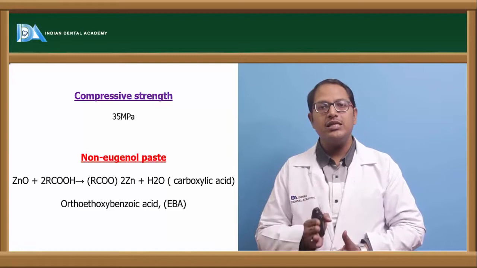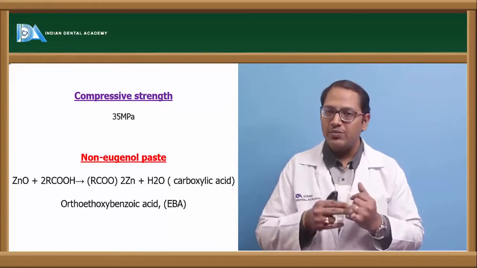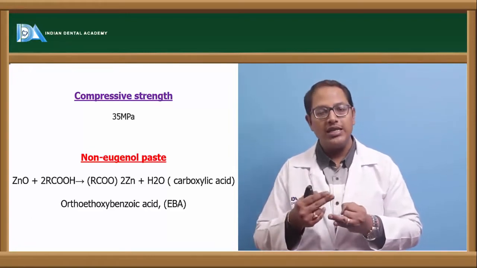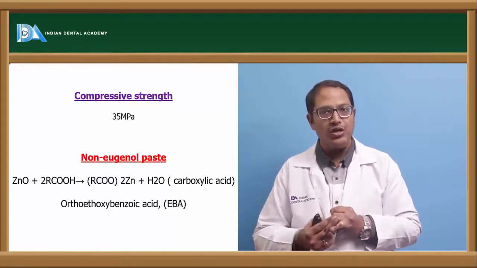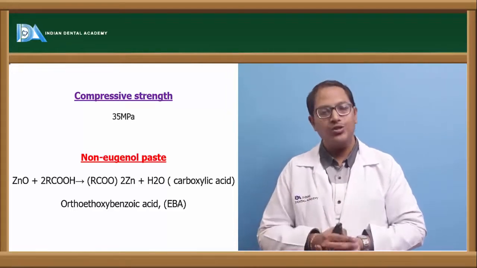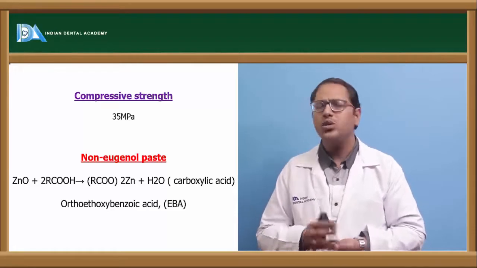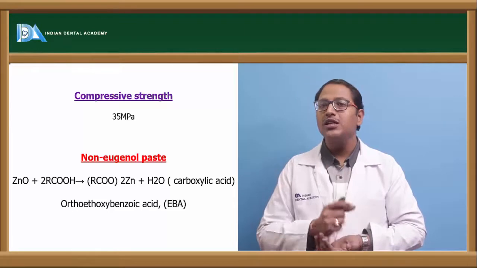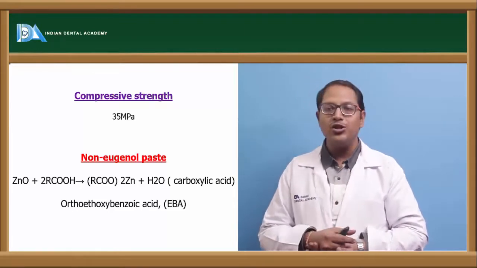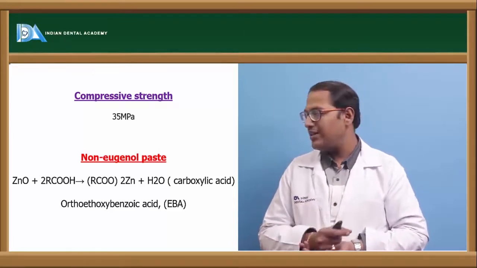So, that was the reason: those patients who could not take the smell of eugenol, who could not take the reaction of the eugenol, because allergic reactions happen due to eugenol, for them we came up with non-eugenol paste. So, how does it happen? What is the material other than eugenol which is used here? The material other than eugenol which is used here is EBA, that is